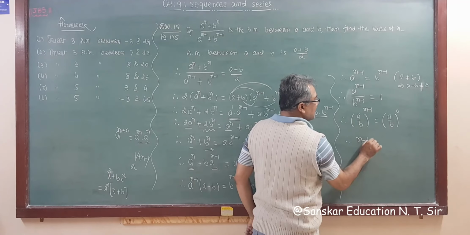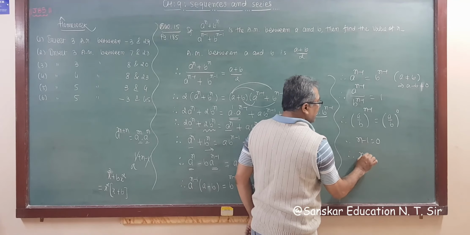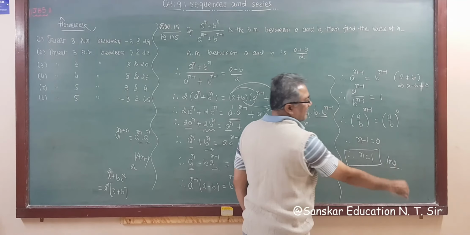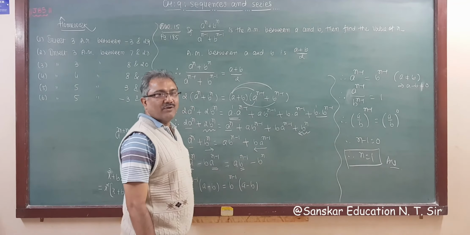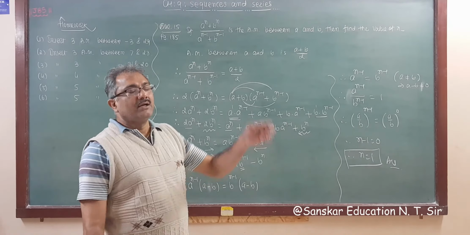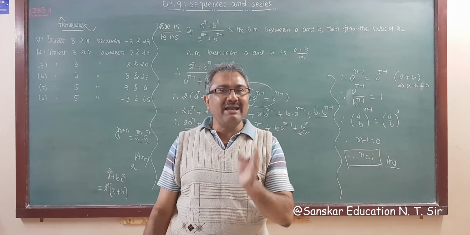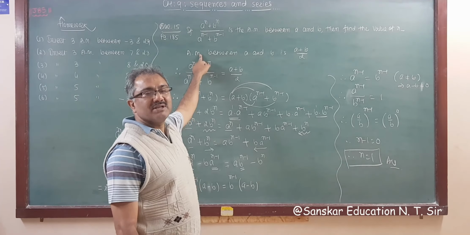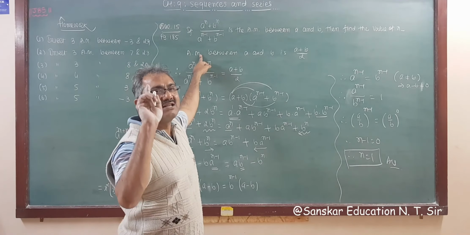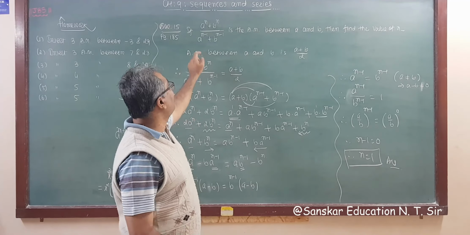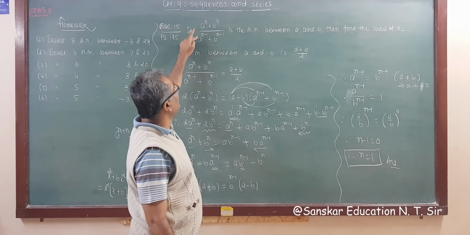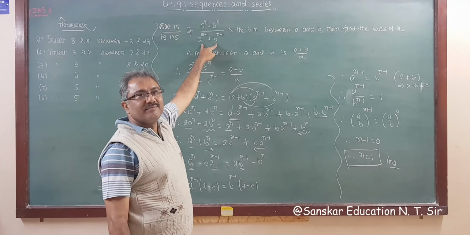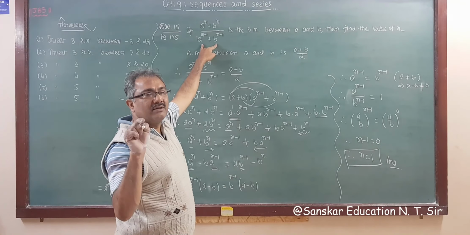So n minus 1 equal to 0, that is we get n is equal to 1. That is your required answer. Find the value of n. So remember this for MCQ, that if arithmetic mean of a and b is a raised to n plus b raised to n upon a raised to n minus 1 plus b raised to n minus 1, then value of n is always 1. If we substitute n equal to 1 here, then we will get a plus b by 2, otherwise not. See, directly from option, right?